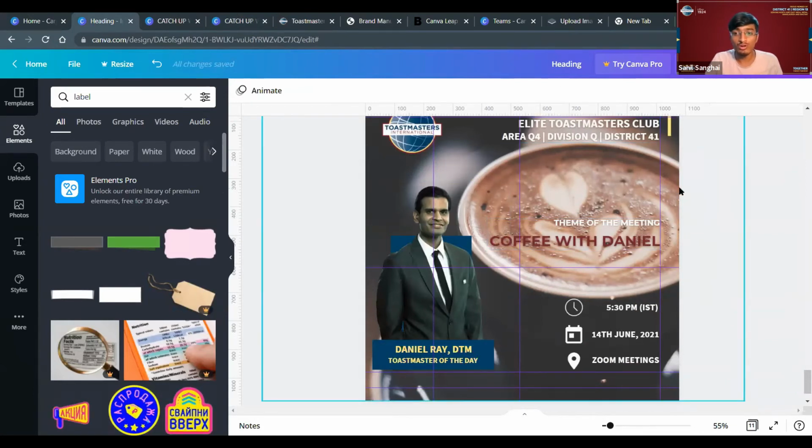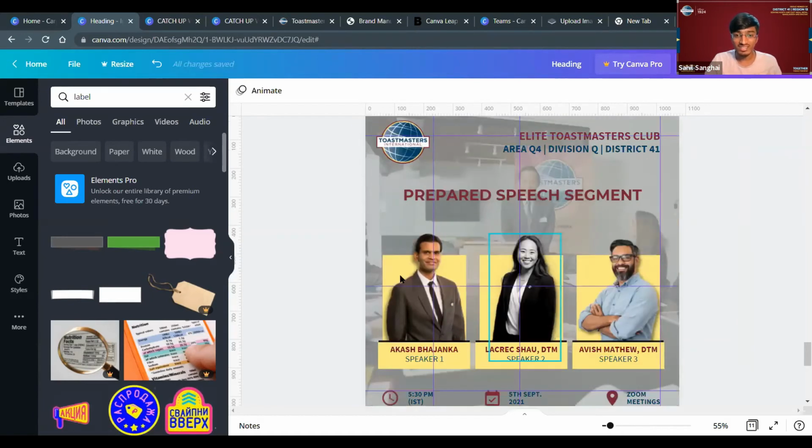I'm not sure what you would want to do. Maybe the TMOD is distributing free coffees from Starbucks to all the members, and you placed a picture out here of coffee. Straight away the flyer will get rejected, and straight away you can understand that this flyer is not brand compliant, right? So we must ensure that we use proper images that are highlighting Toastmasters and its importance,